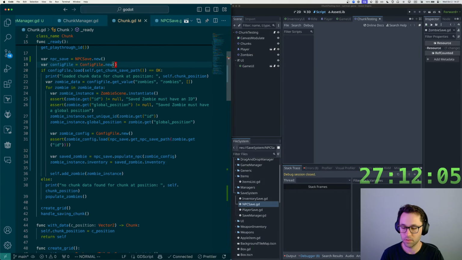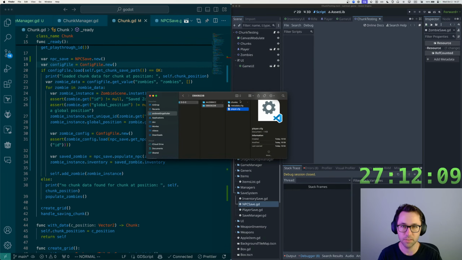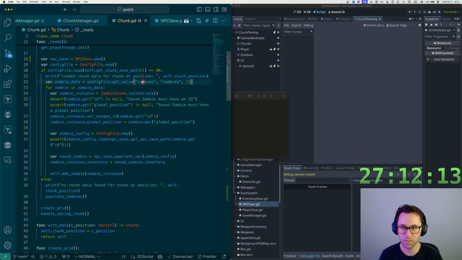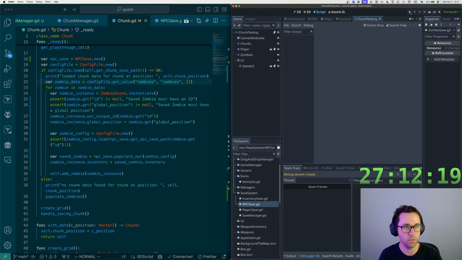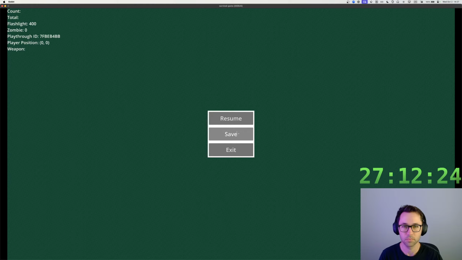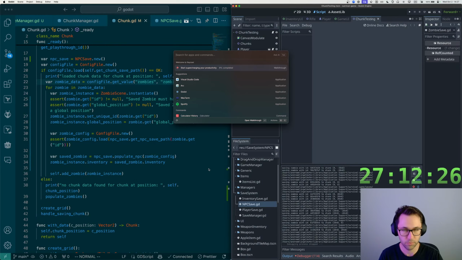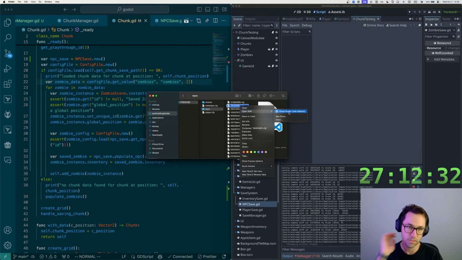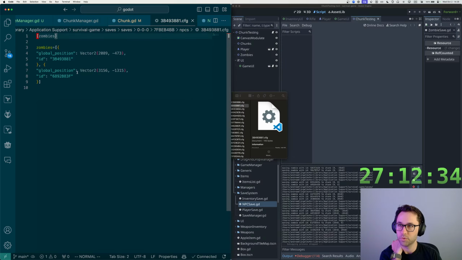So I think we might actually be in a testable spot. We need to go ahead and delete both of these save files though, because that's not going to work with the way zombies are currently saved. So let's give it a go. Hit save, and we should see a bunch of NPCs here. Let's open one of these up. We should get,